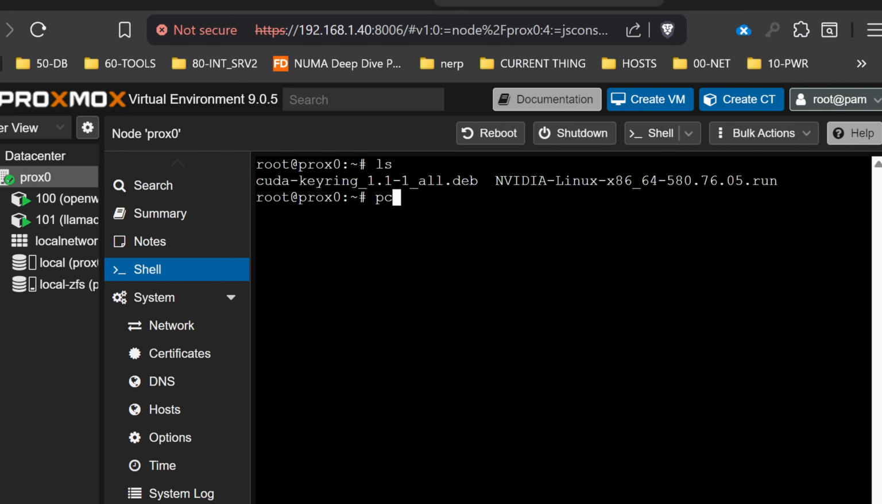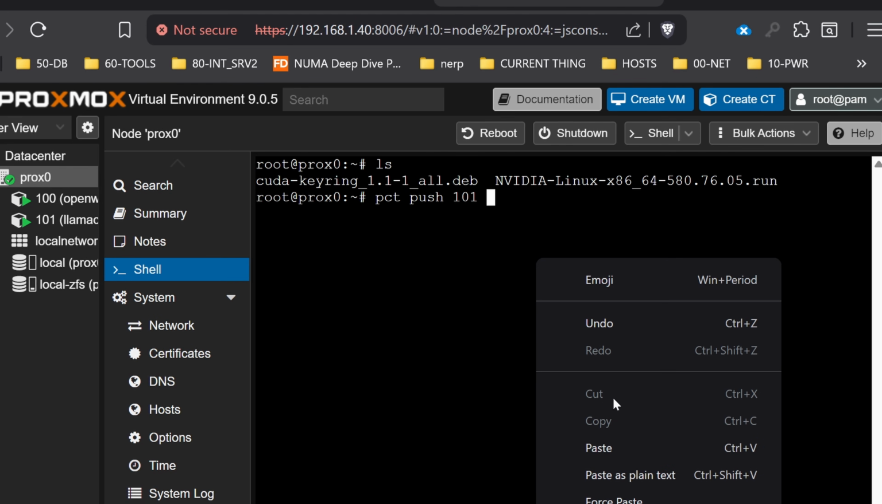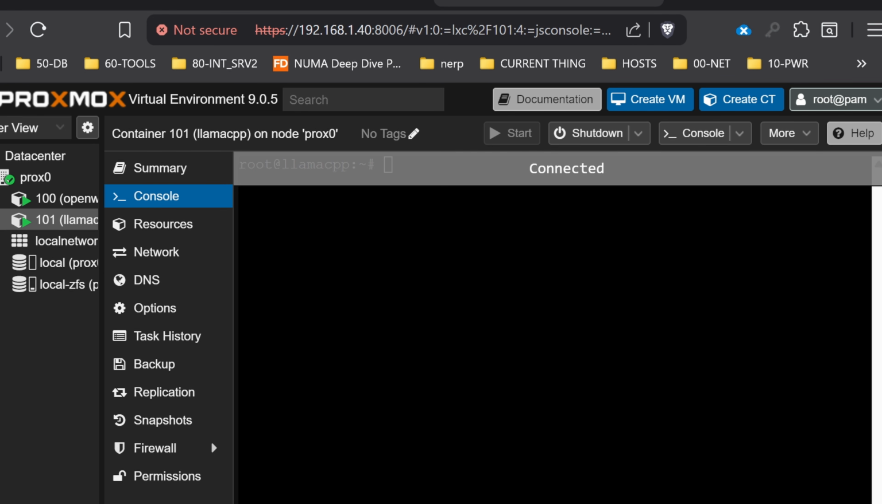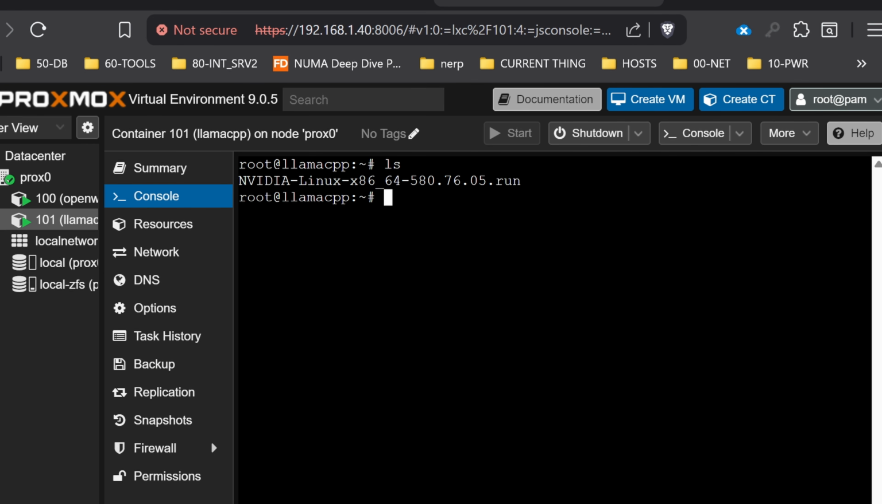So the thing we're going to do is type pct push, and this is 101 for the container ID, the file that we are pushing into the container, and then space /root/ that. Now you could either pct enter 101 here, or you can come back over to your console over here. If you type ls, you'll see that we've got this now. So chmod +x, and type in the name of the file,